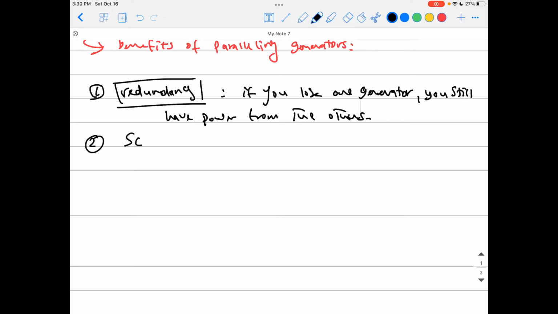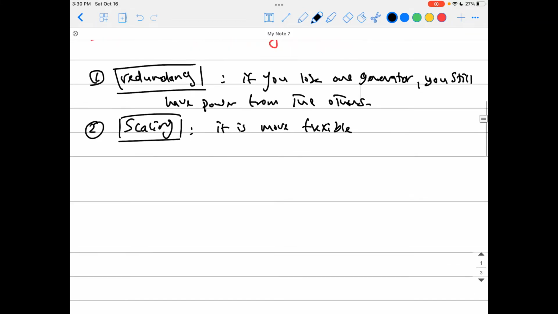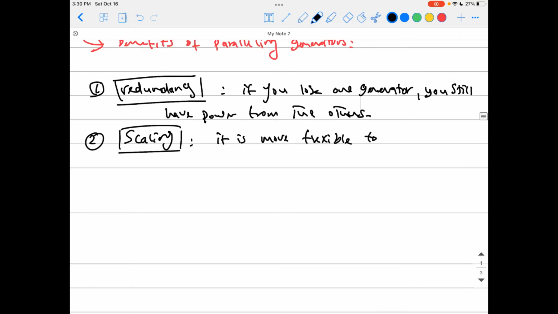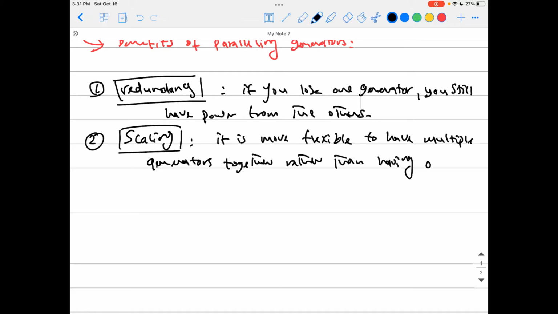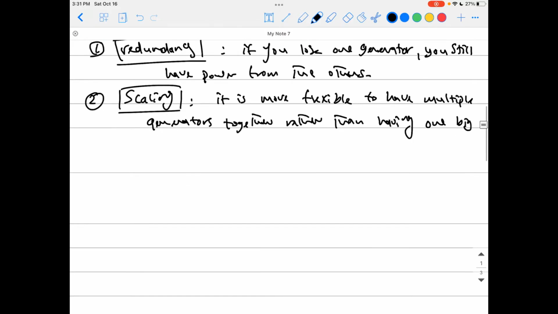The other one is scaling. What I mean by that is it's more flexible. Okay, it's just more flexible to have multiple generators together rather than having one big generator. Okay,